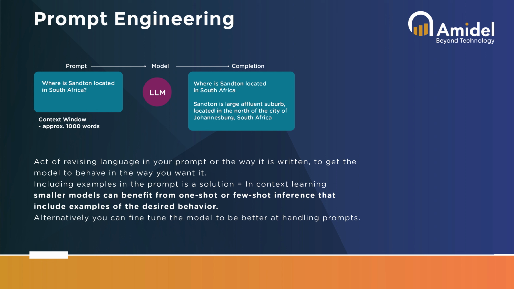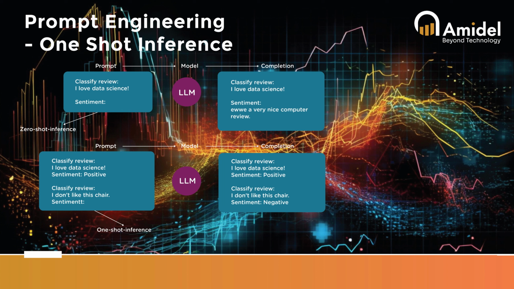All right, so let's say I've got a smaller model. Let's say I love data science, right? Because this is a smaller model, it doesn't have any example, no in context or anything. It's just going to give me a random example, right? It's going to give me very nice compute. This is not the completion that I'm looking for. So I need to give an in context. When you don't give an example, when you just give GPT a question, no example, that's called zero